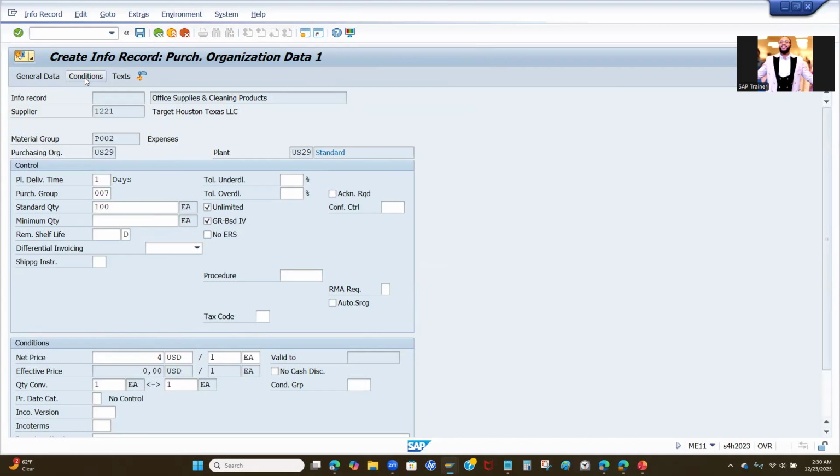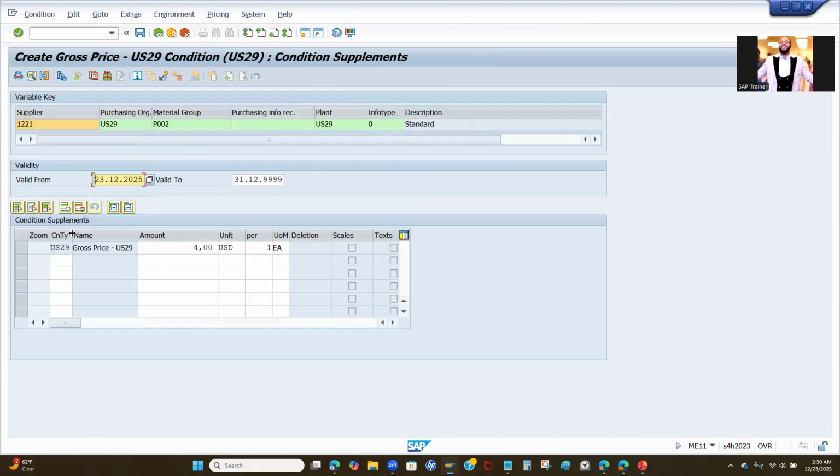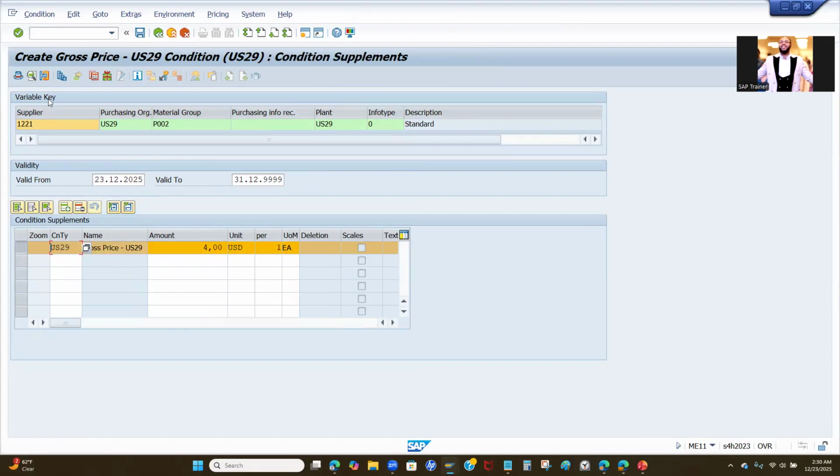And then you can go to the condition tab, and you can see here that I already have a condition schema set up. Okay, I have a pricing procedure, a pricing determination set up, and the system is already picking that up, okay? And also you can select this line and go to the header data, or you can go to the details, or you can even go to additional data. It really just depends on what you want to see. In this scenario here, I'm just going to go to